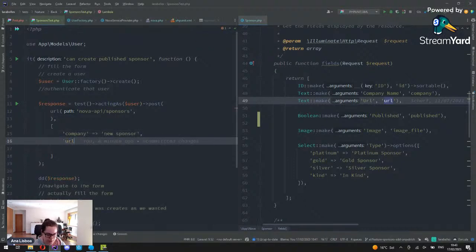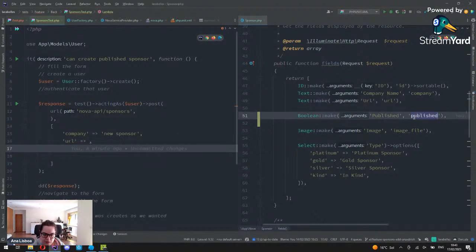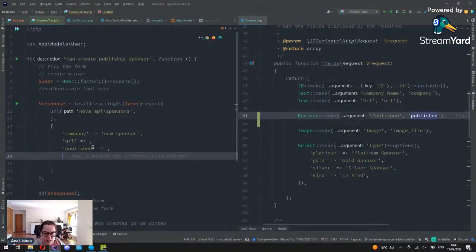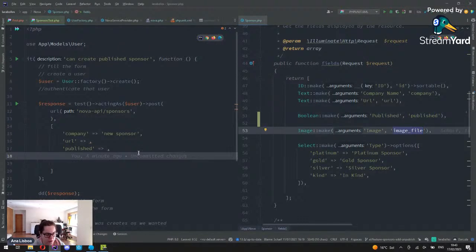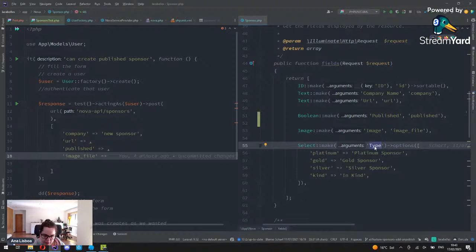Actually, we can make this fun using Faker, and we'll try to do that in a second. Is it published? This is actually what we're trying to test here, an image file, so we'll have to mock the file system on Laravel. And as for type,